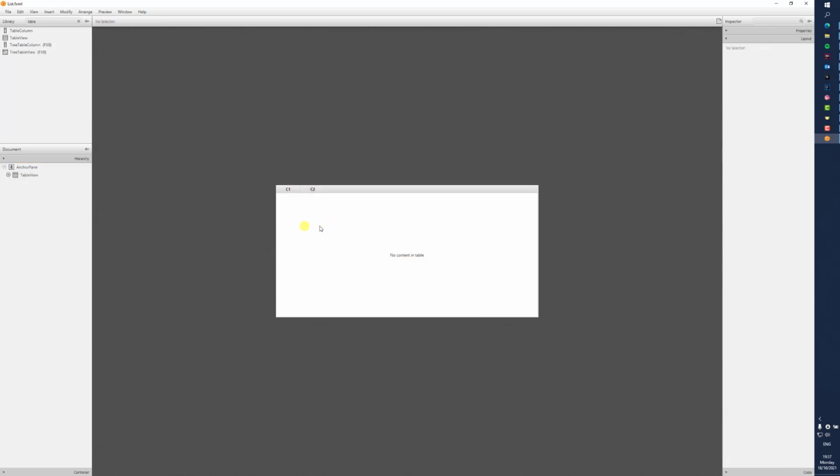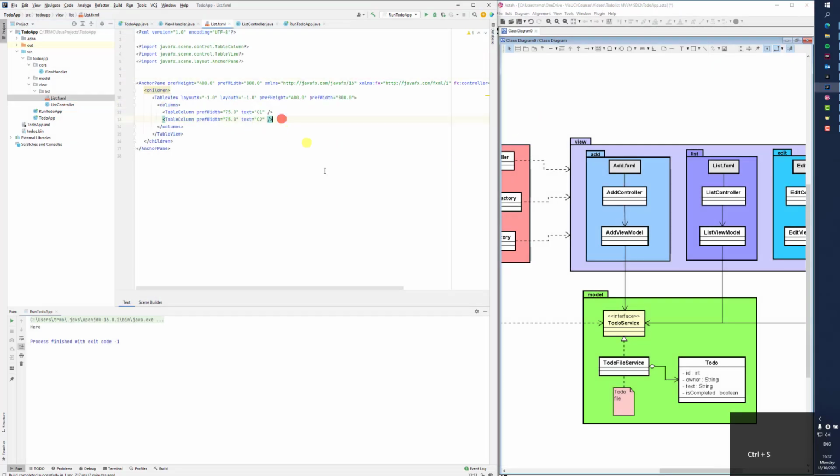Okay, so I have had some problems with the table when I try to edit the number of columns in here. I should be able to drag a column down so I could have more, because I will need one for the ID, the owner, the text, and the completed status. So I need 4, but Scene Builder seems to crash whenever. So I will just go here and say I need 2 more, and once they have been created, I can go back into the Scene Builder